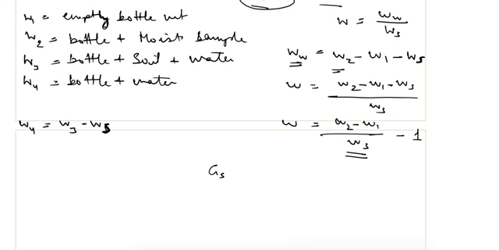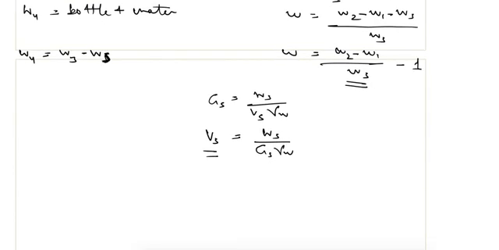Specific gravity formula, we know that it is given as Gs equal to Ws upon Vs gamma w. And from here, volume of solids is equal to Ws upon Gs gamma w. And this much volume we want to fill with water. So if I multiply the volume by the unit weight of water, it will give me the weight of water in the given volume of solids. So I can write it as, this is the volume part, Ws upon Gs gamma w, multiplied by the unit weight of water.